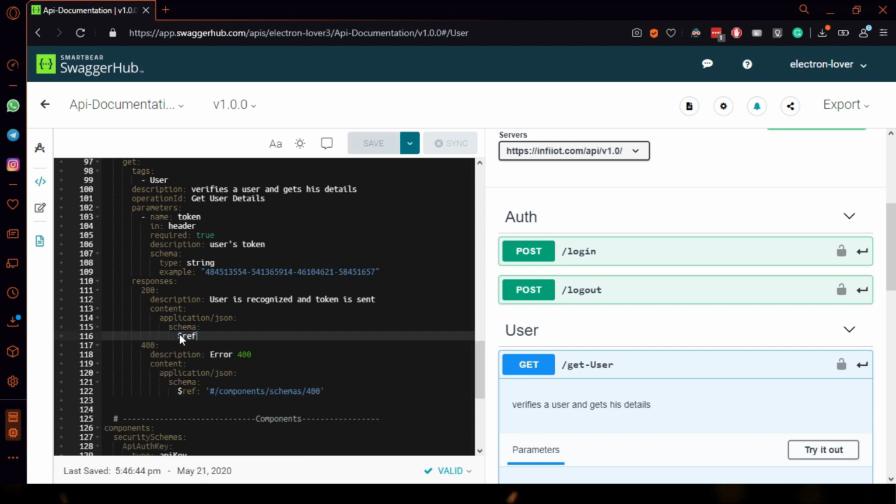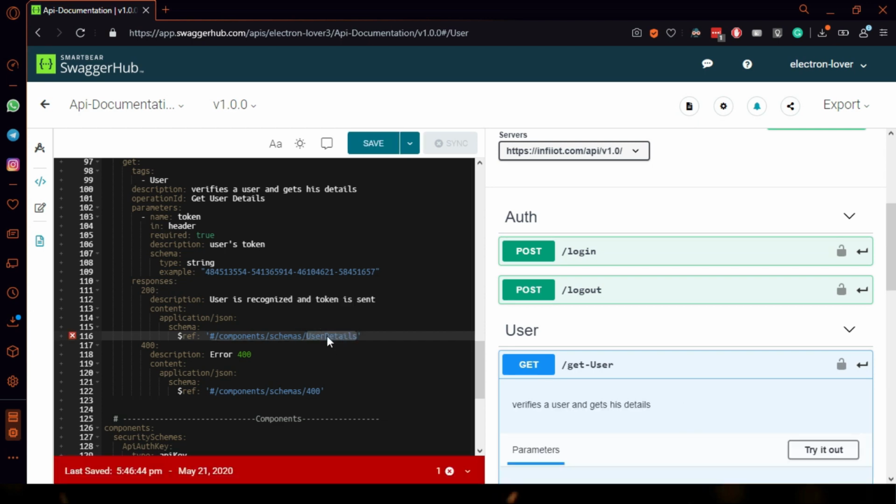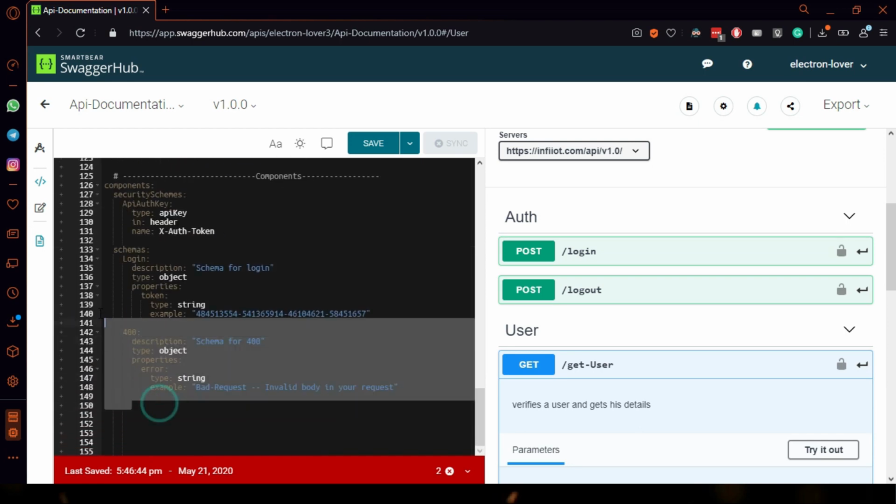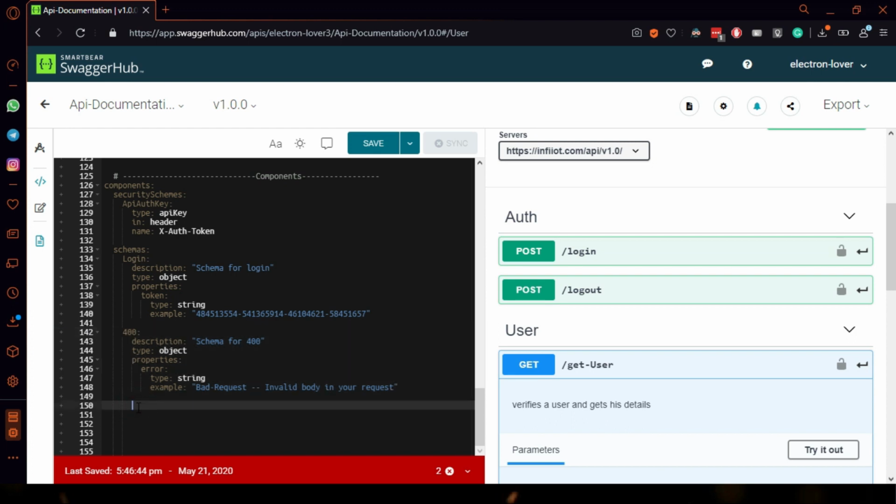Let's describe schema for user inside the component section. The name will be user details for the schema. Now let's define the schema for user details. Let's Control C, Control V the schema from 400.